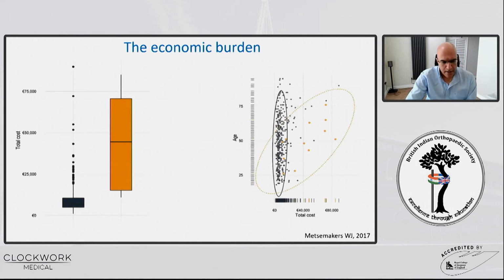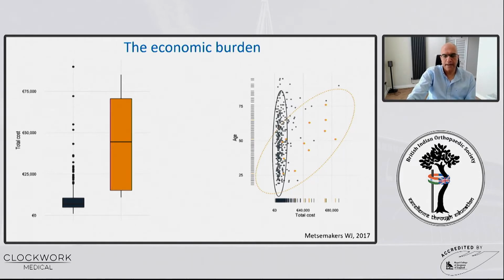Fracture-related infection costs a lot of money to treat. It costs at the minimum about 4 times the amount of money to treat a fracture-related infection as it does to treat a simple fracture or a simple non-union. We can't avoid fracture-related infection, but we can mitigate the enormous burden to a healthcare service by early and appropriate